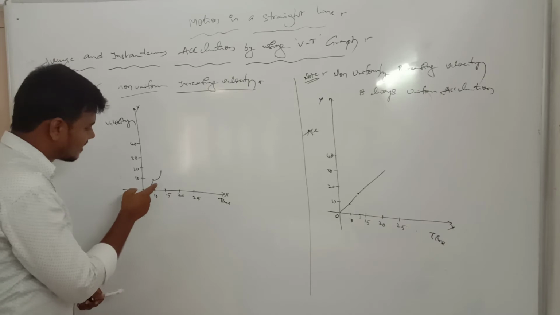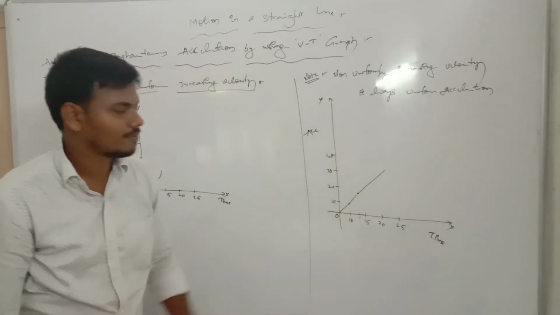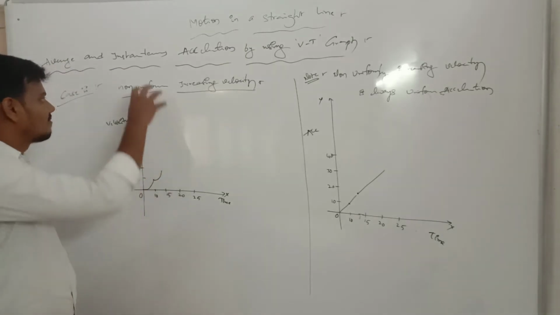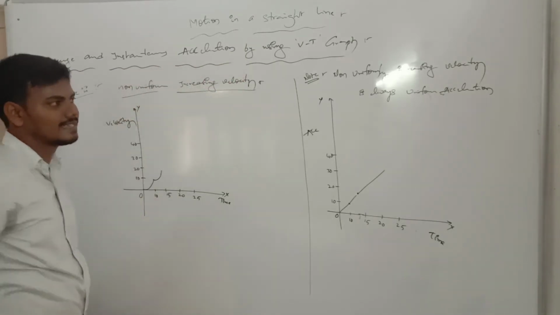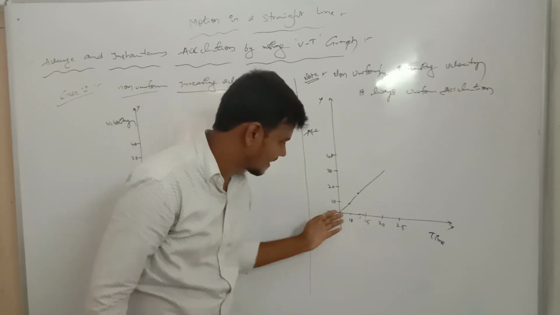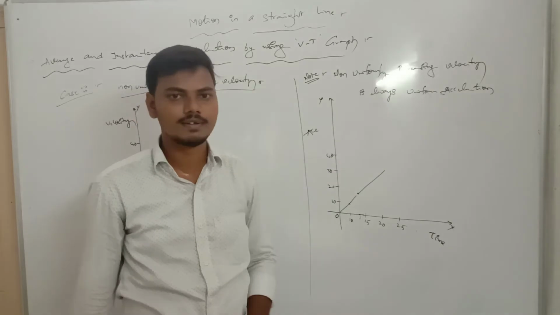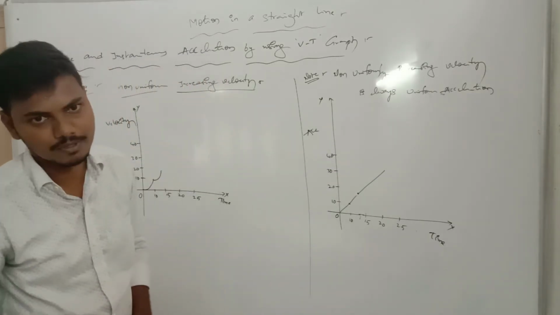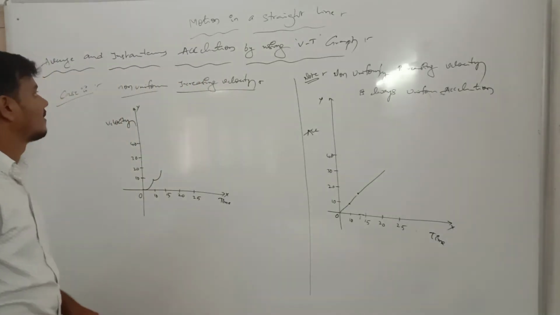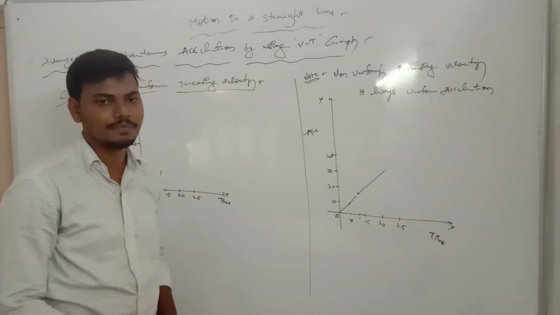Okay. So this is the non-uniform position. So this is the straight line. This means uniform acceleration. Okay. Always non-uniform velocity is given as a uniform acceleration property. Uniform means in a straight line manner. The shortest displacement will be applicable. Okay. Now this is the class of average and instantaneous acceleration by using velocity and time period graph.